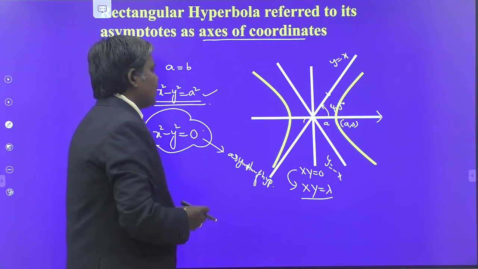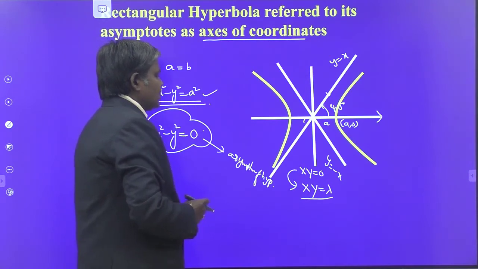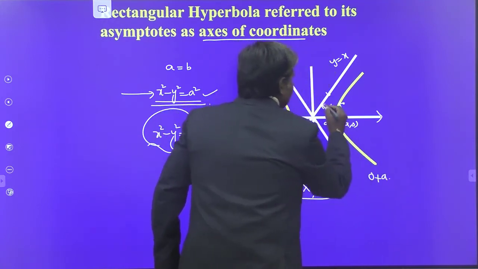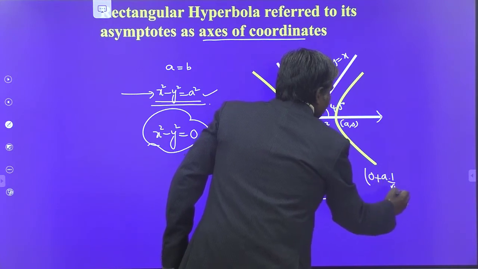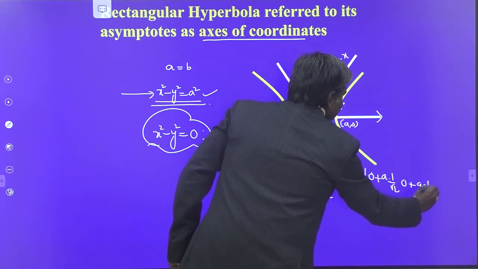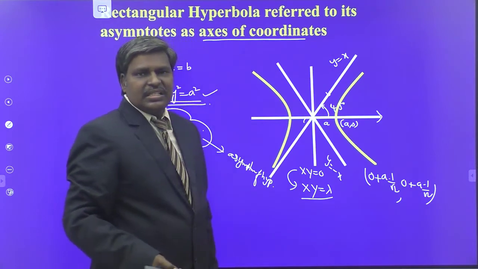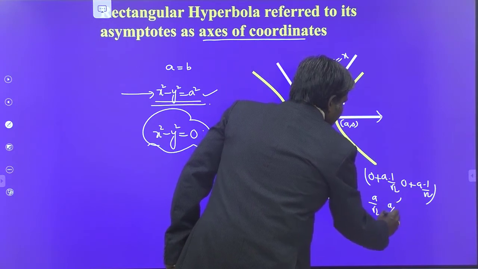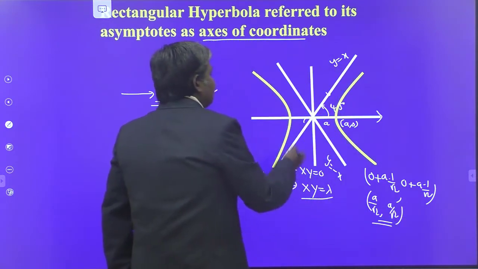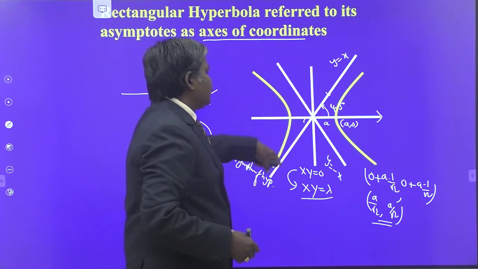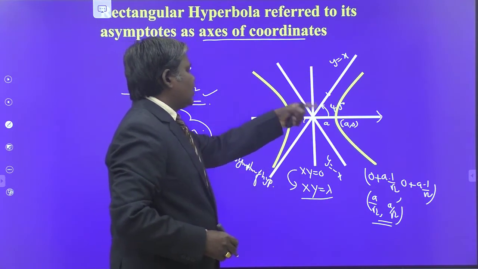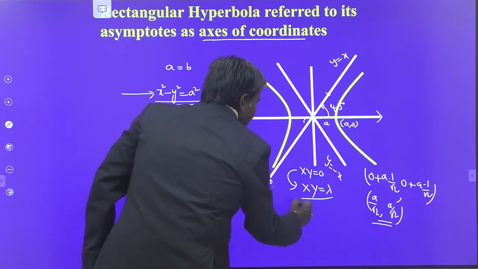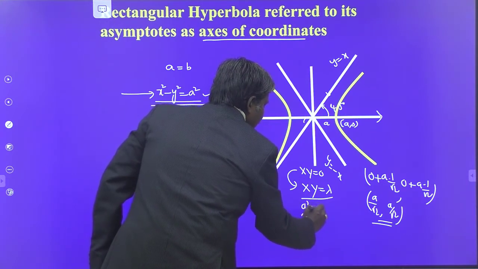x equal to x1 plus r cos theta, y equal to y1 plus r sin theta. That is 0 plus r, meaning a units, times cos 45 degrees, that is 1 by root 2, comma 0 plus a into 1 by root 2 again. So that is (a by root 2, a by root 2), the point of intersection with the axis. This is your y equal to x with the new position of the hyperbola. So (a by root 2, a by root 2) lies on this curve. Substitute that: a square by 2 is equal to lambda.